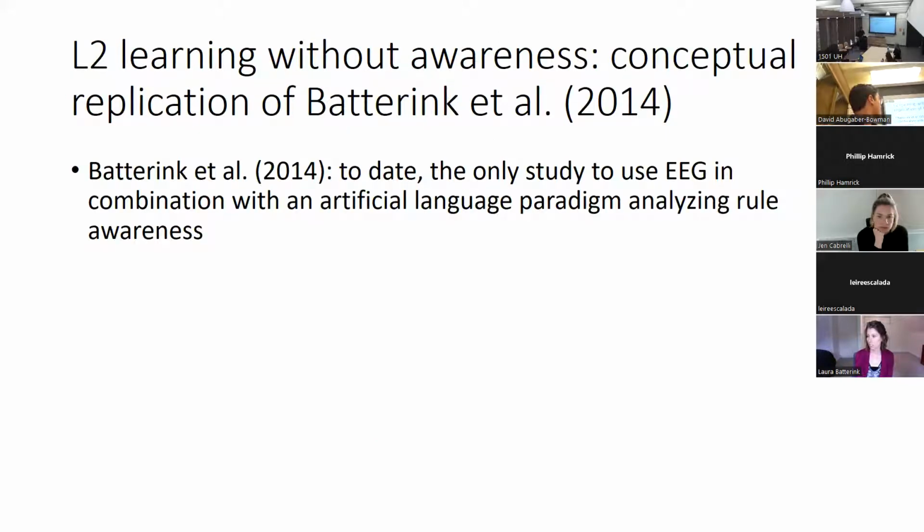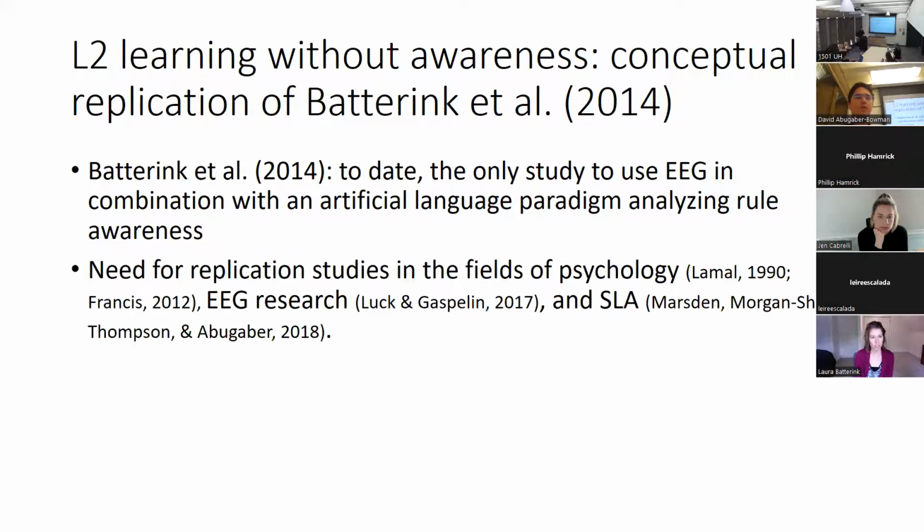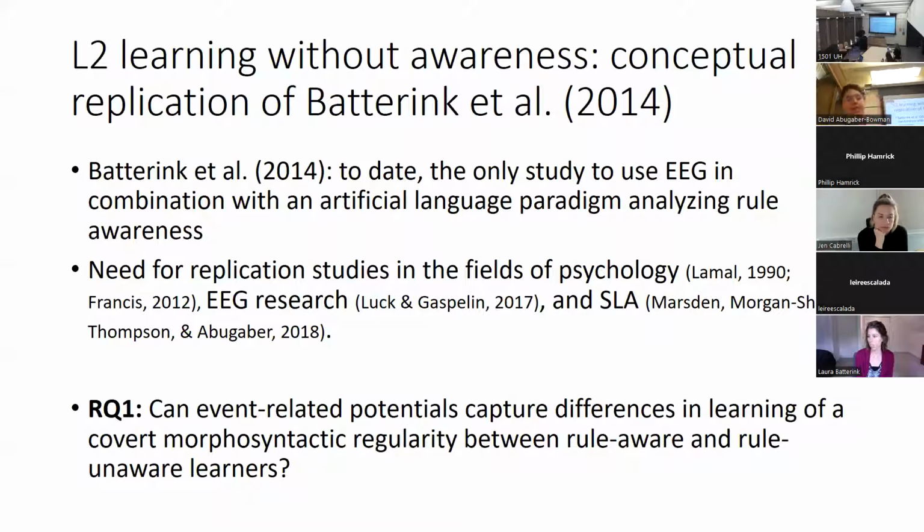So Batterink et al. 2014 is the only study to use EEG in combination with this cleverly designed artificial language paradigm to analyze the effects of rule awareness on language processing. And there's been a call in psychology, in the field of EEG research, in second language acquisition for more replication studies. So the first goal of my dissertation was to replicate Batterink et al. 2014